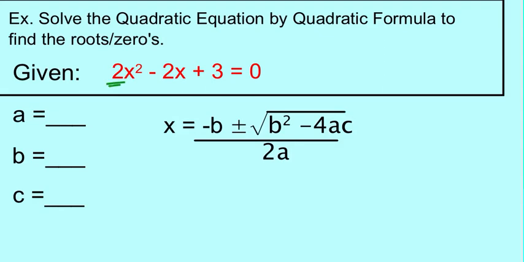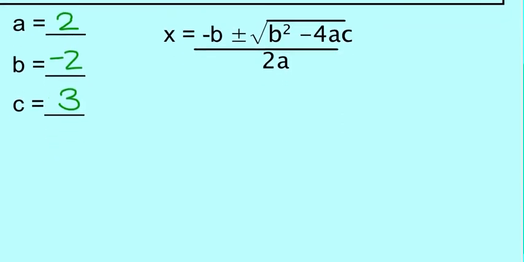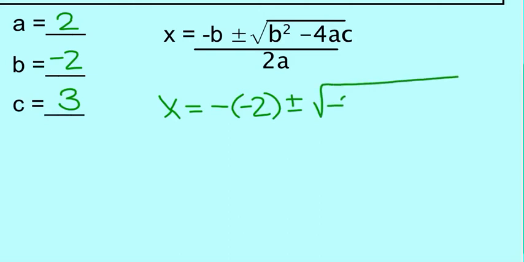Identify the A, which is 2. Identify the B, which is negative 2. And identify the C, which is 3. This equation is in standard form, so we can go ahead and use that quadratic formula. Let's substitute it in. x equals negative b, so negative b plus or minus b squared, so negative 2 squared, minus 4a